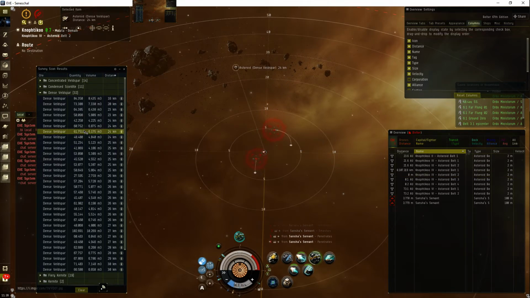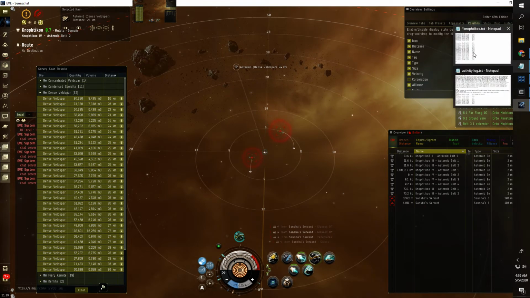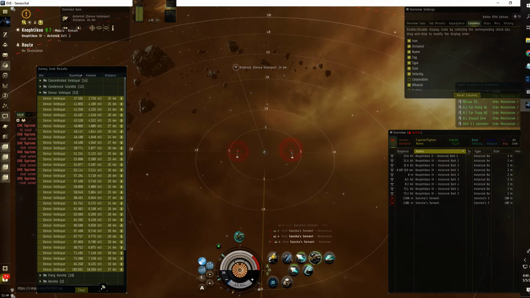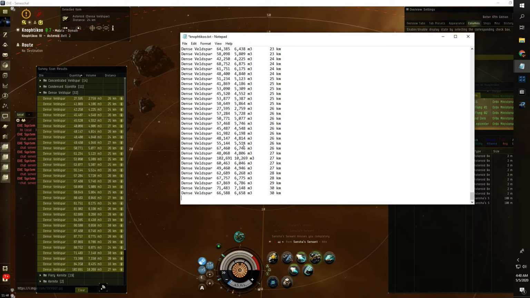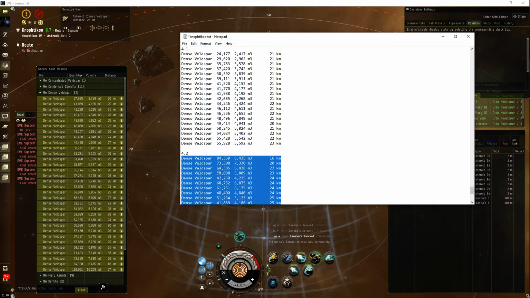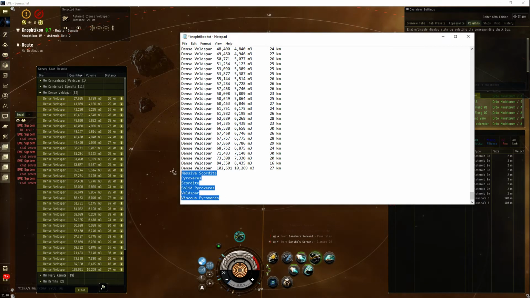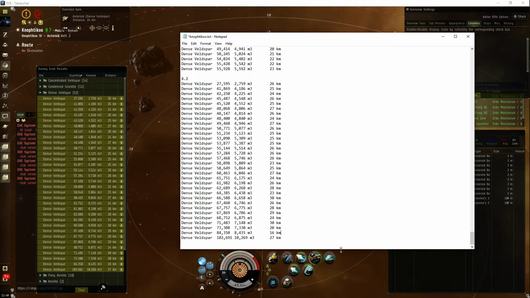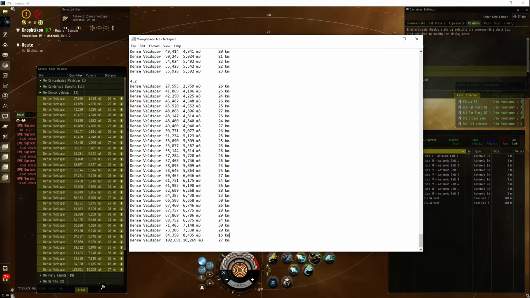Alright. So 0.2. And oh, that's not good. Did not want that. There we go, that's better. Okay. Okay, 27. Okay, that's the same now then. There were some roids that were...